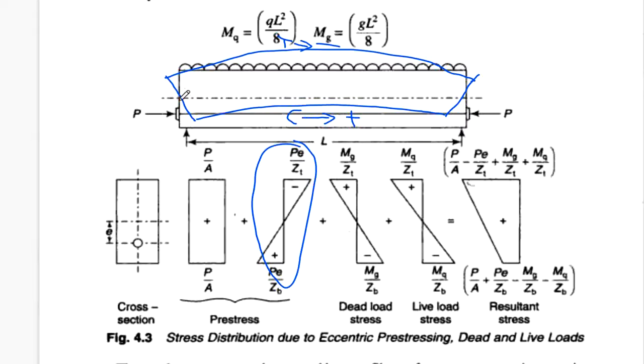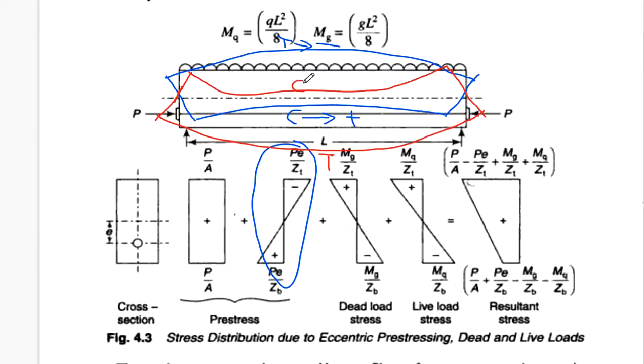Due to dead load, the beam is going to bend in this manner. As we are applying a uniformly distributed load, at the bottom there is tension and at the top there is compression. You might be asking how I am judging the tension and compression. You can see over here the length of the beam is from here to here. Let us consider the length as L.